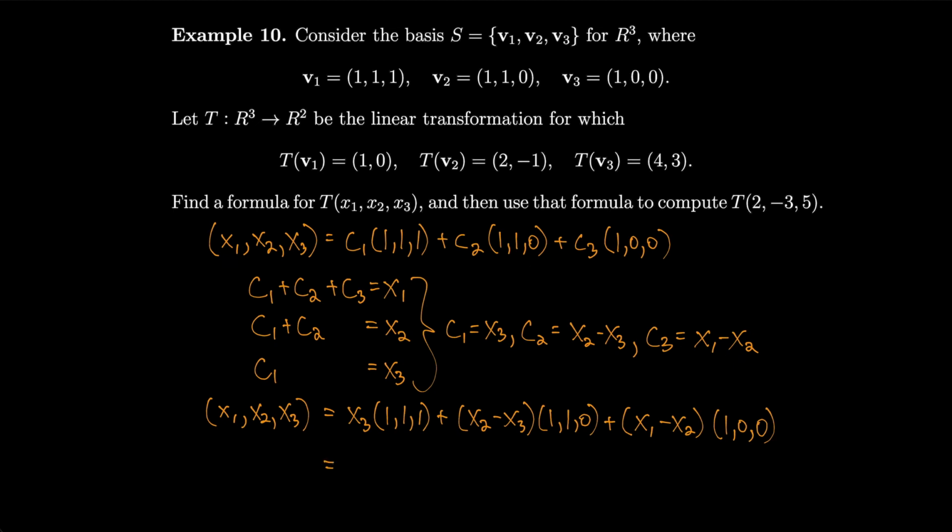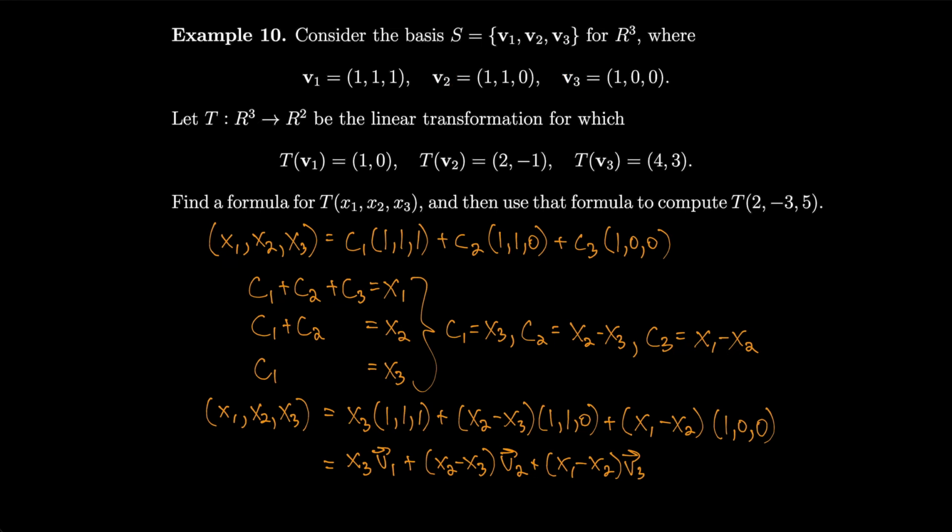This is the same thing as saying x3 times v1. I'm going back to the v notation just to be able to write out the transformation a little more simply. So this is x3 times v1 plus x2 minus x3 times v2 plus x1 minus x2 times v3. So first I wrote out what v1, v2, and v3 were, and now I'm working backwards and going back to just the letter